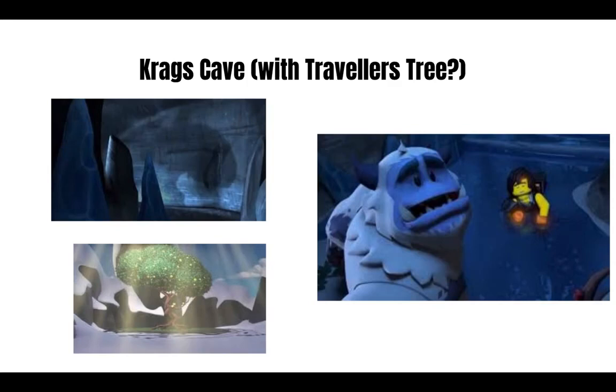So it'd be pretty cool to get an updated Cole RX figure, especially now since it's been a long time. And then it could come with the Traveler's Tree, a really nice design with green leaves and those yellow flowers. Overall, this set would have been a pretty cool $30 to $40, even $50 set, and could possibly come with Jay and Nia with